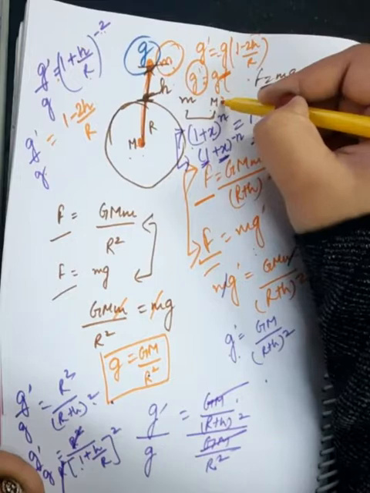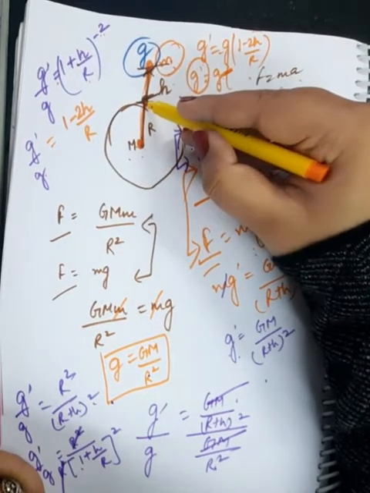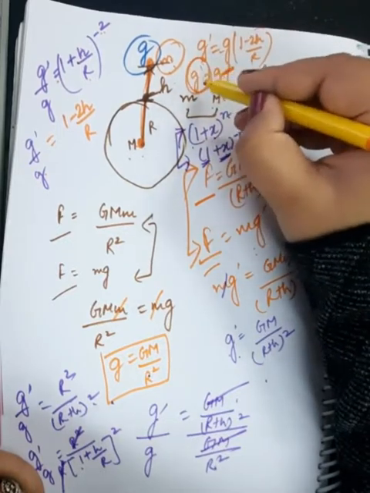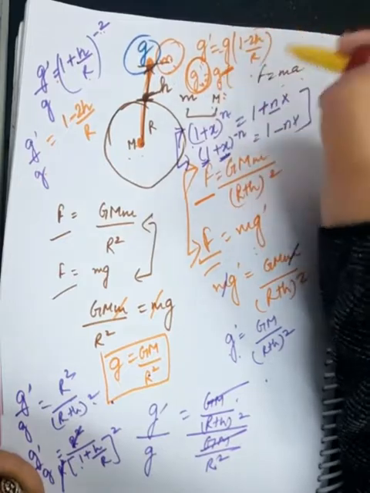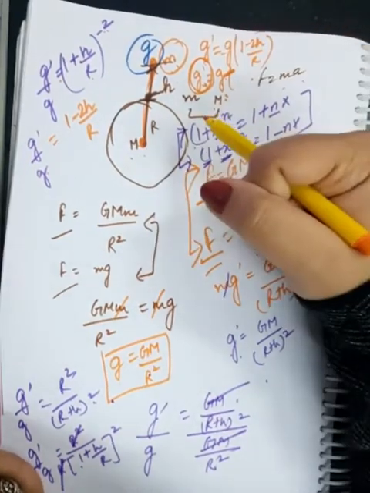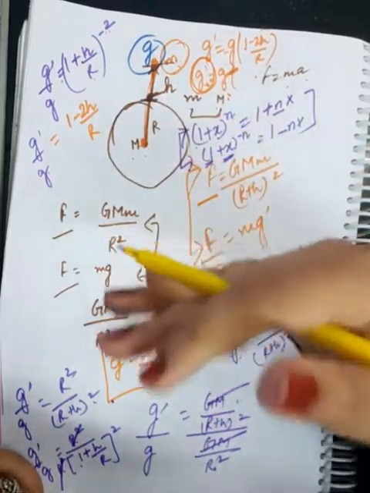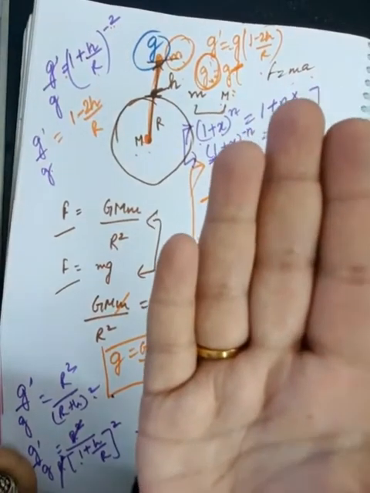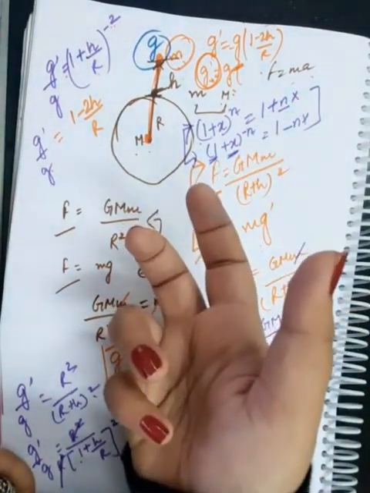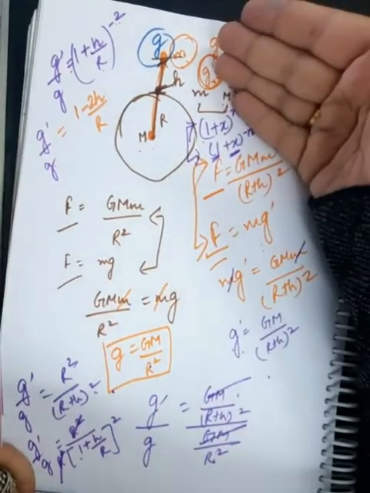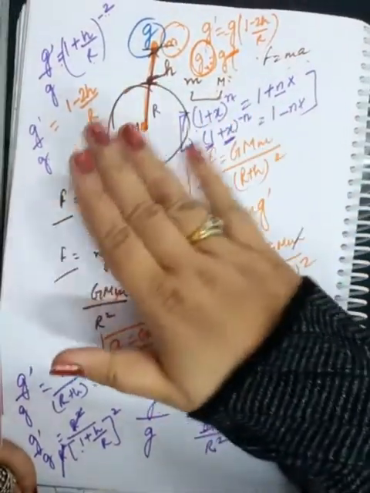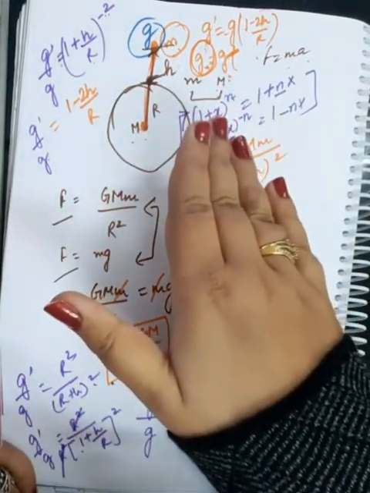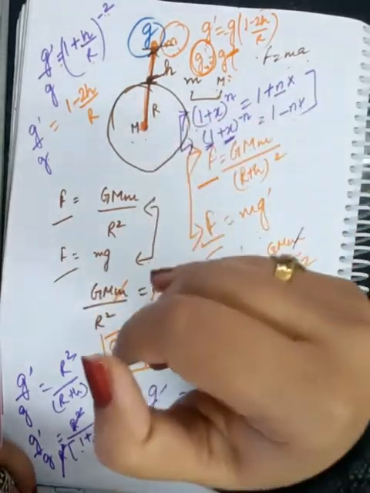g is the ordinary acceleration due to gravity when the object was at the surface of the earth. So this means when you raise the object up to a certain height, then the acceleration due to gravity decreases from the ordinary value. Okay, so this is it. You need to believe that when you are going up to a certain height, that is why on mountains you feel less value of acceleration due to gravity, because of this reason only. Always remember, when the object goes up from the surface of the earth, its value of acceleration due to gravity decreases.